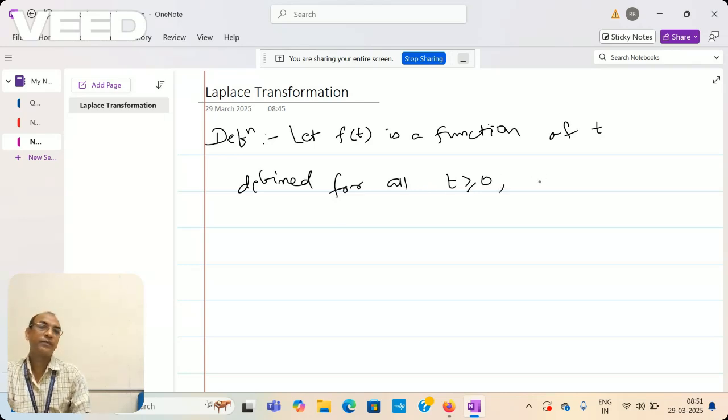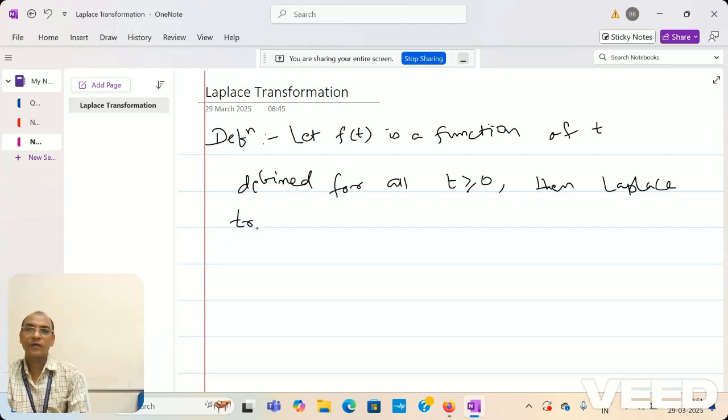Then the Laplace transformation of f of t